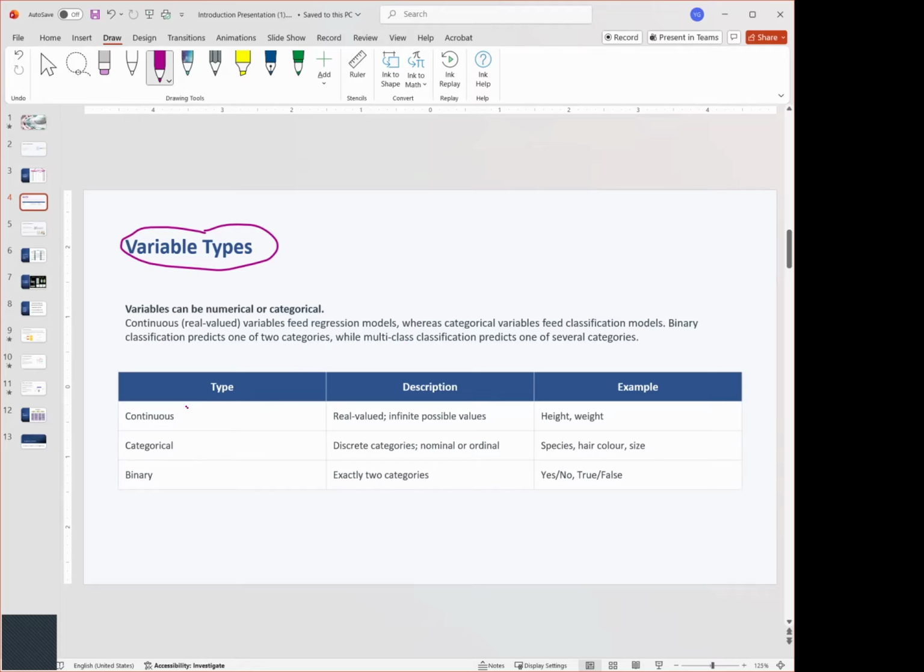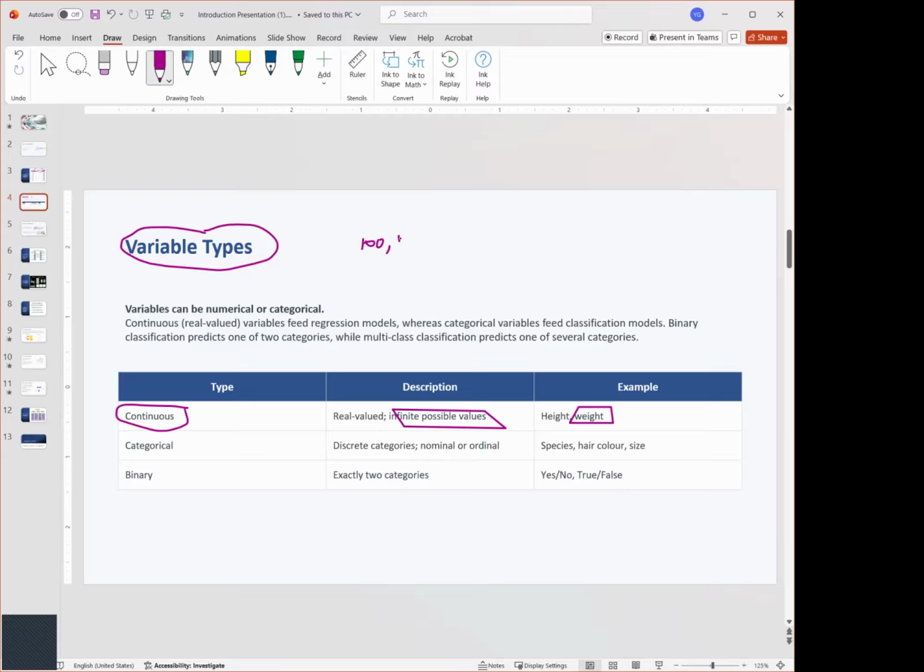Let's look at the first one, continuous variable, okay? Continuous means that it has infinite possible values. That's what it means, okay? So, for example, weight has an infinite number of values. Somebody can weigh 100 pounds, right?